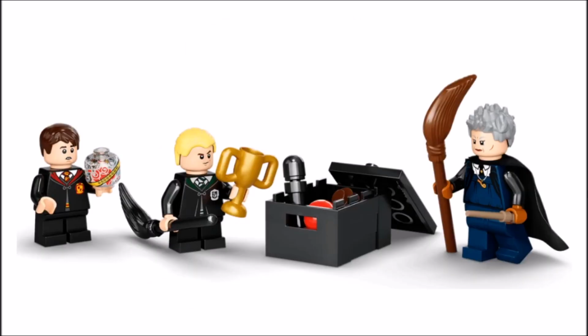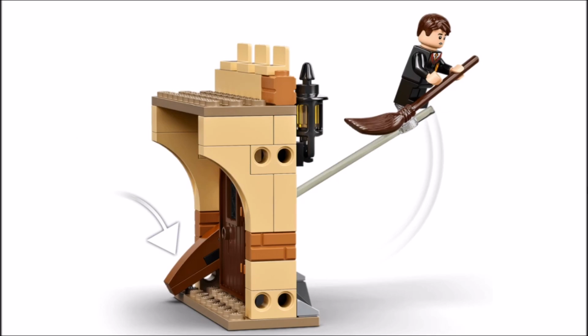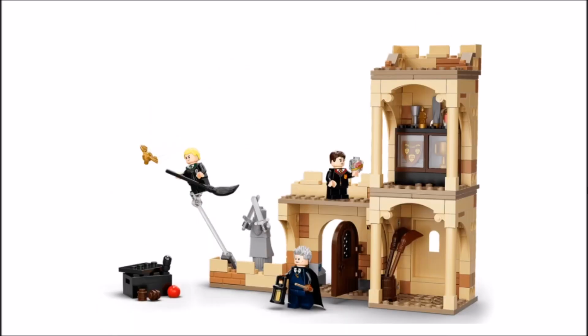Overall, I think this set is really good if you're looking just to get one set from this wave. It gives you a build that looks respectable as a standalone, as well as 4 pretty awesome minifigures, with one of them being Golden Quirrell. But maybe wait 6 months for the first Christmas sales, maybe be able to pick this up for a more